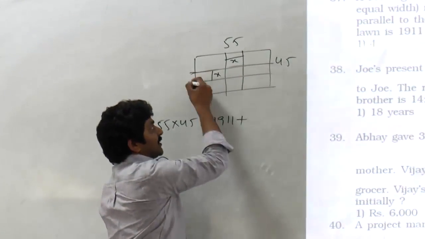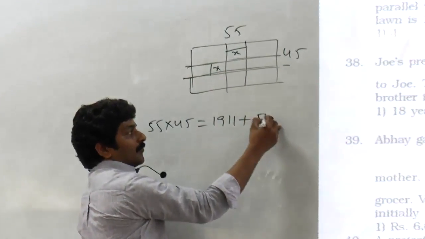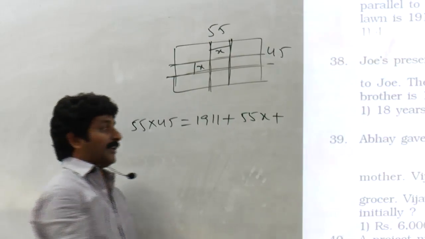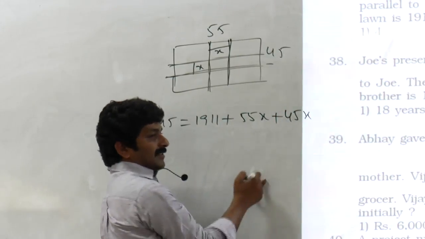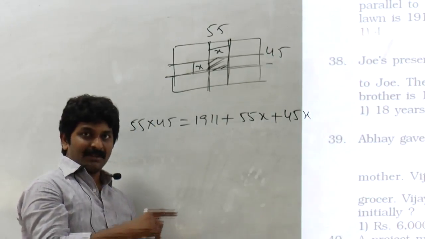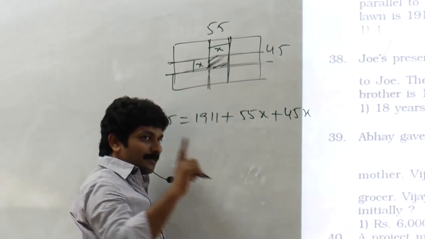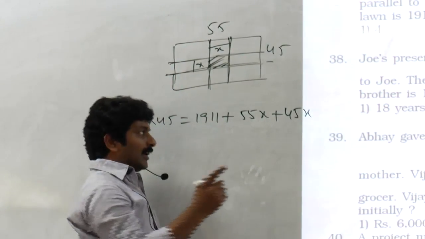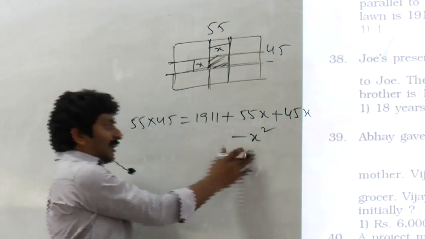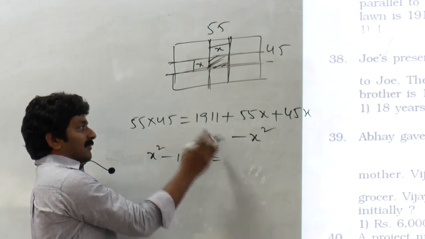Let me take this first road. This is 55 into x plus the one which is parallel to breadth is 45 into x. But this middle area comes in two times. One we have considered lengthwise and the other time we have considered breadthwise. But suppose you are supposed to take it only one time, so that extra time you need to subtract it. In that case, x square minus 100x will be equal to,